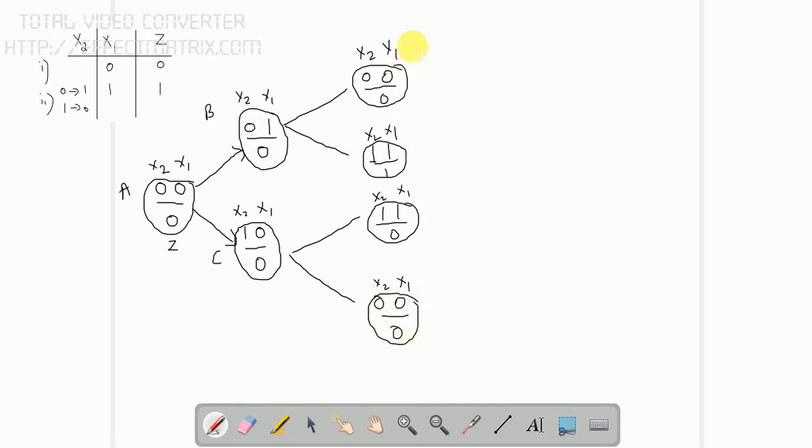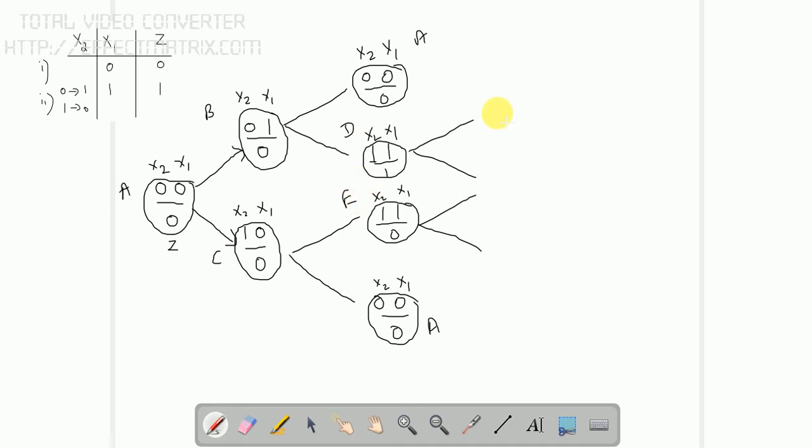Now, since 0 by 0 is present in two corners, we can stop up to this, but we have to stretch these two states as they are forming a new state. 1 1 by 1 is a new state here, and 1 1 by 0 is another new state. So first I am going to fix like this, D as well as E. So for 0 0, 0 1, 1 0, next to 1 0 is 1 1. Next after this 1 1, I am getting this value as 1 1 by 0. So this will be the first and this will be the second. So this is the D state and this is the E state.